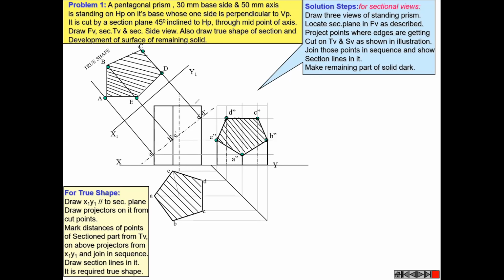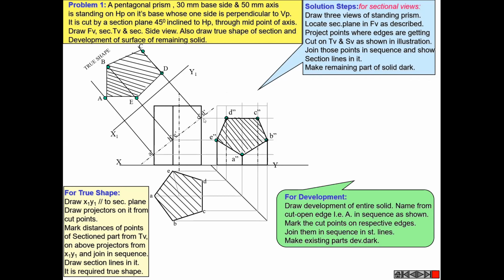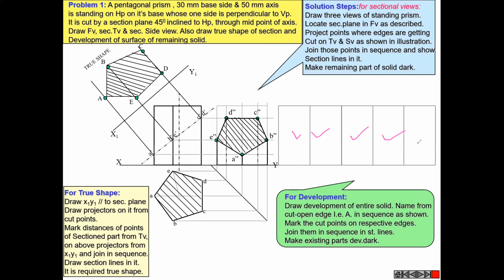Now here it is the pentagonal prism, right? And we have to open this pentagonal prism. How to open? If we open the pentagonal prism, it is going to look like this, right? All the sides of the pentagonal prism are rectangles, so if you open all the sides, one after another they open up, right? And it is going to be a sheet. So a complete sheet is formed.